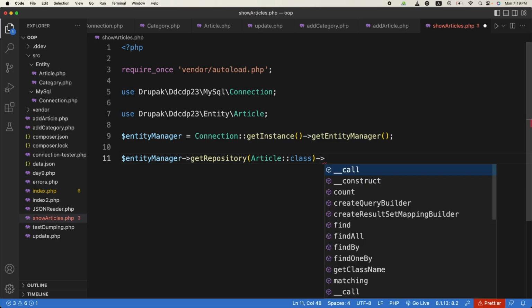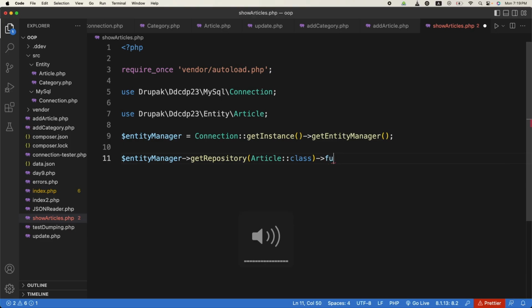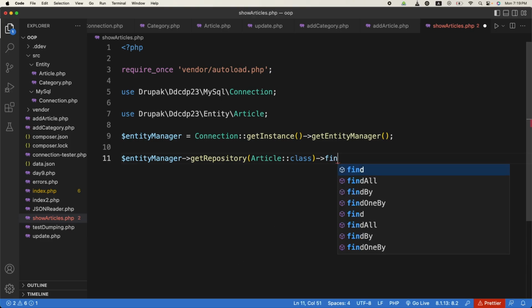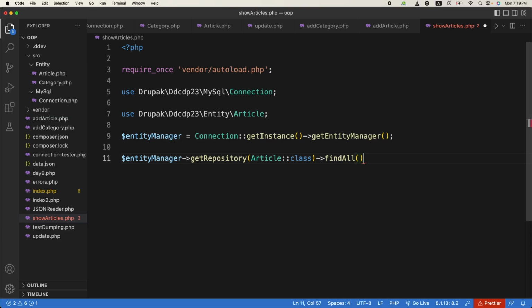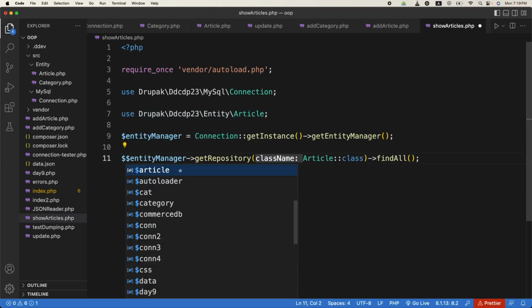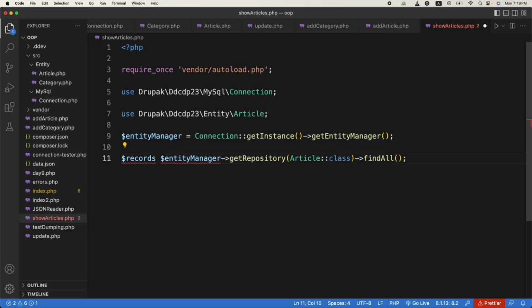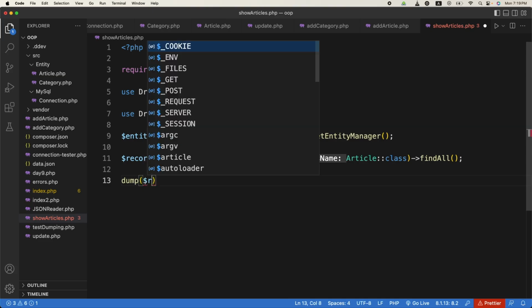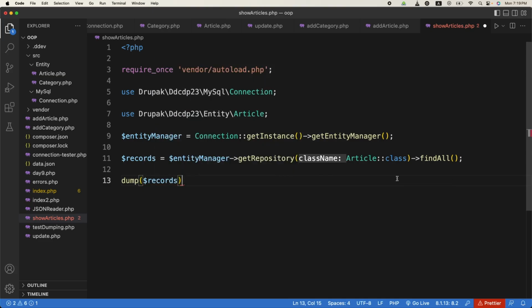Okay, so the next is, that's all we need, and it will have find. So if I just use find all, what it will do, this is just like select all, so it will return all the records from this article database table, and I will save it in records, for example. Okay, if I dump records, and I run the show articles page,